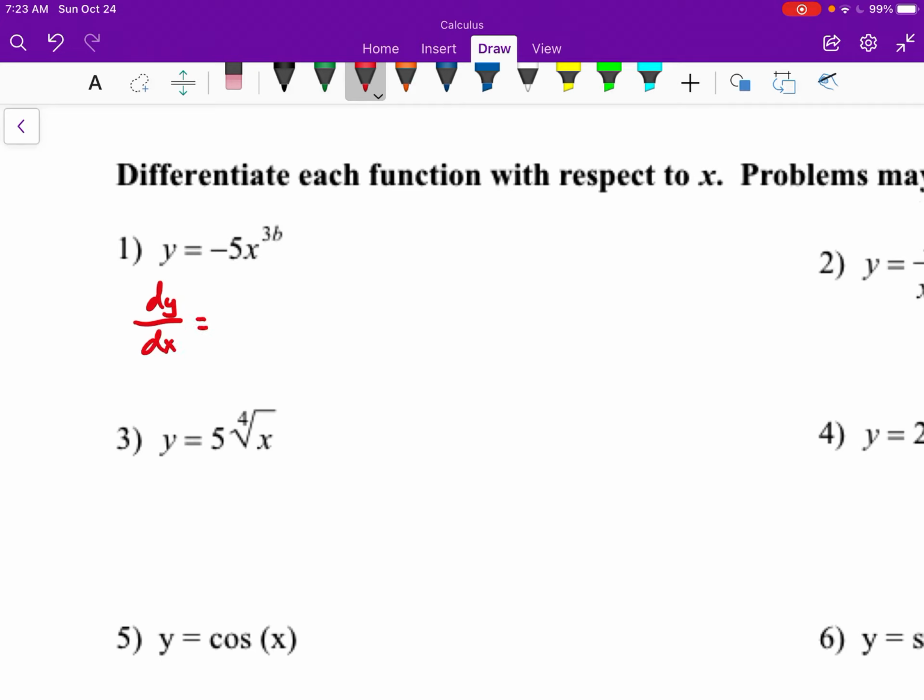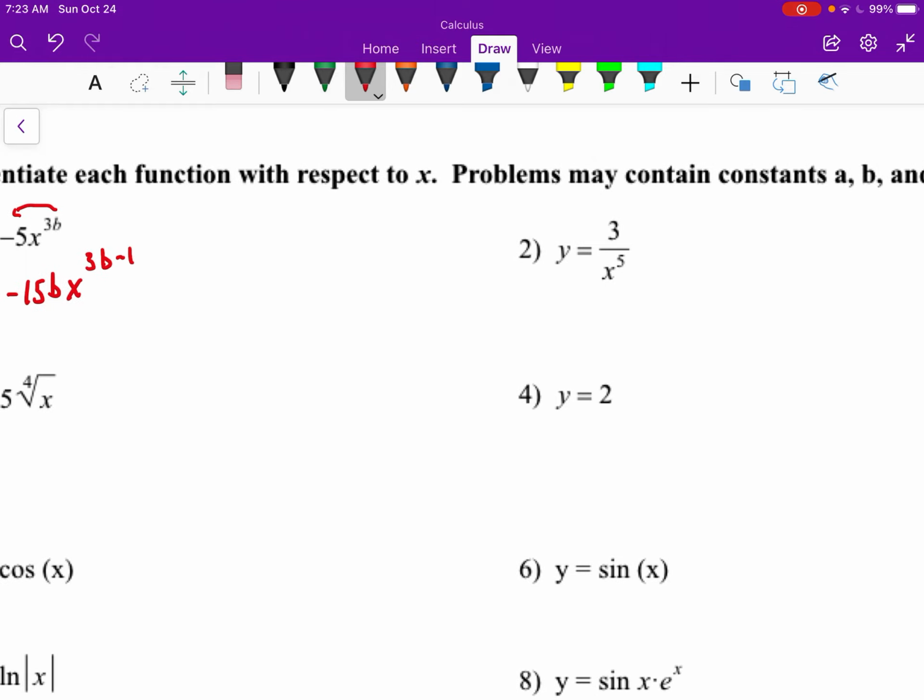And the 3b comes out front to be multiplied by the -5. So this is going to be -15b. And then we have to subtract 1 from that exponent. So x to the 3b minus 1, and they're not like terms, so we just leave our answer like that. Number two,